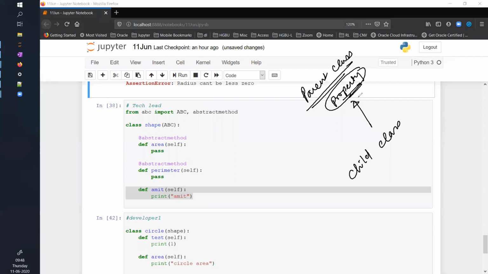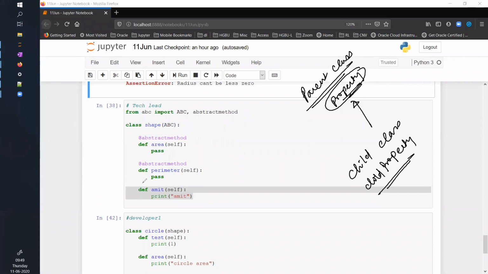Yes, sir. And similarly, the child may have some properties of its own, like the parent property and the child property. Normally in Indian society, the parent property will be inherited by the child, but the child property may or may not be inherited by the parent. Even by law, you have rights on your parent property, but on the child property, you may or may not have the rights, correct? That is how it works, correct?